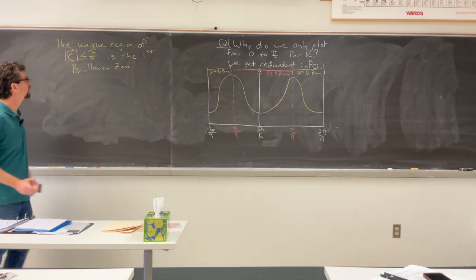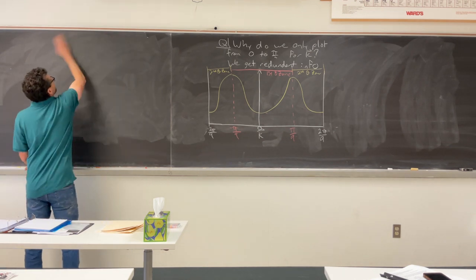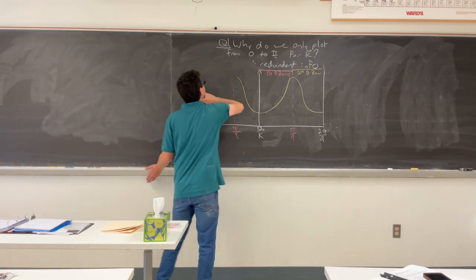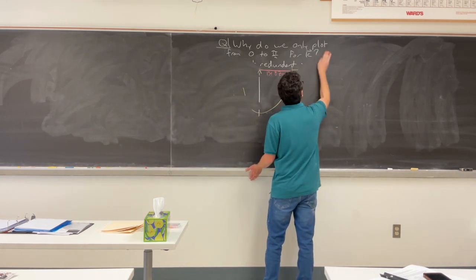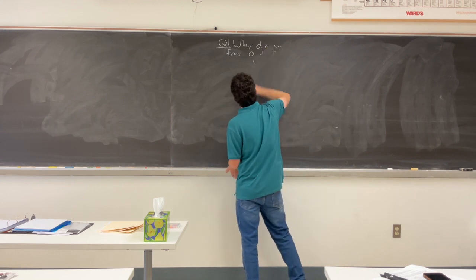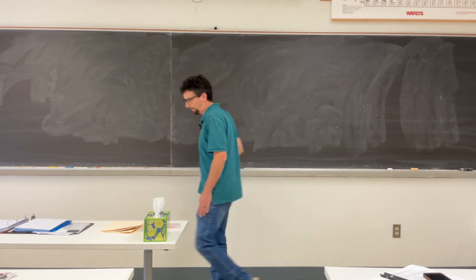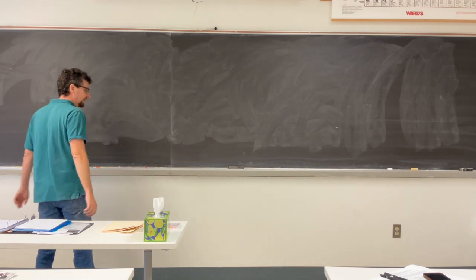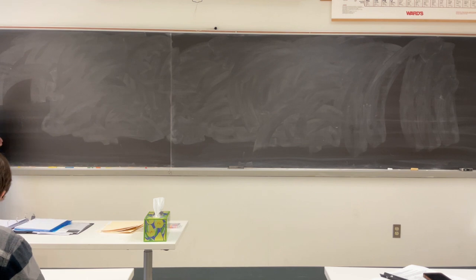Okay, let's talk about the DOS now. Density of states is a way more visual way to represent, and I think a more intuitive way to represent, what we're talking about here. The density of states can tell you a lot about what's happening with the chemistry. If the system's metallic,